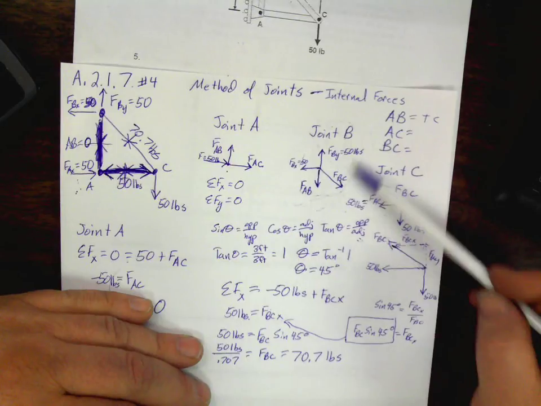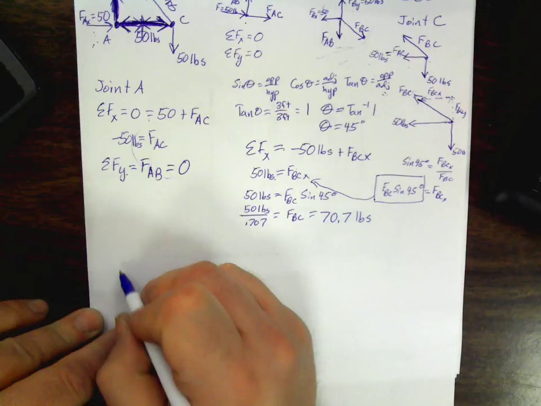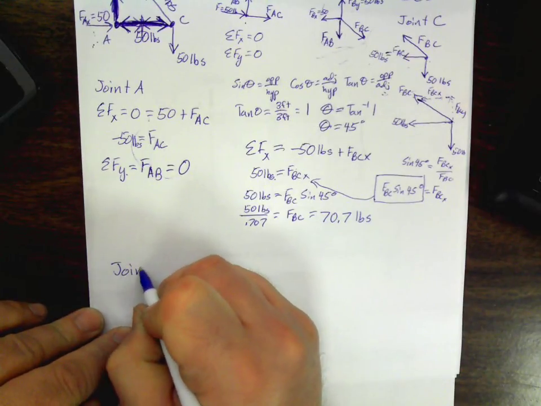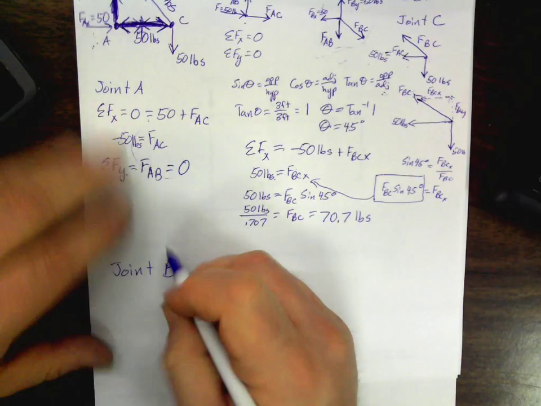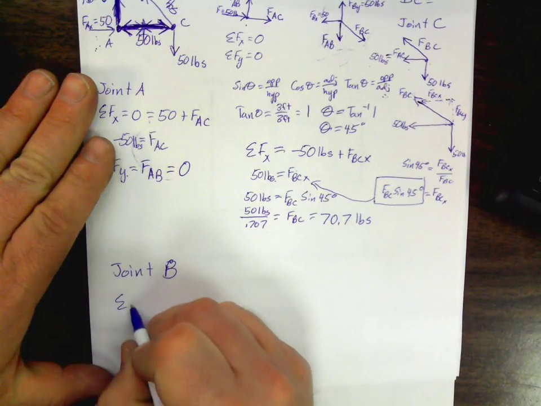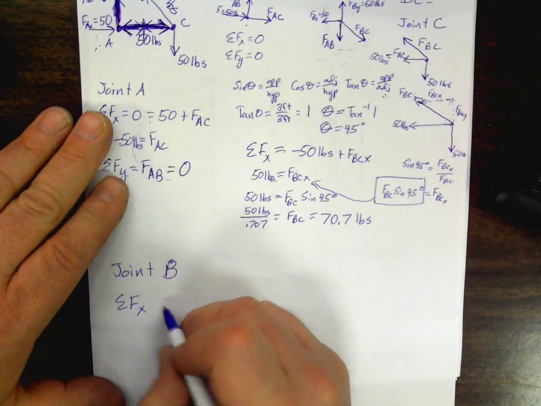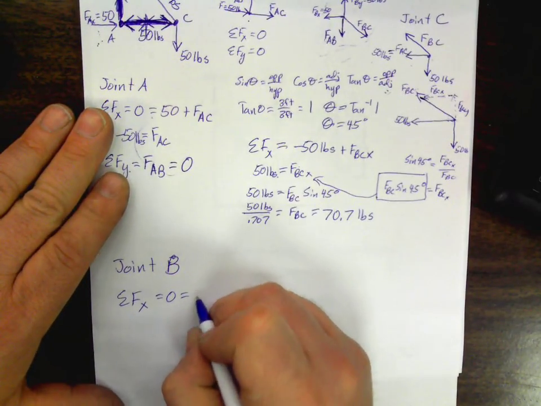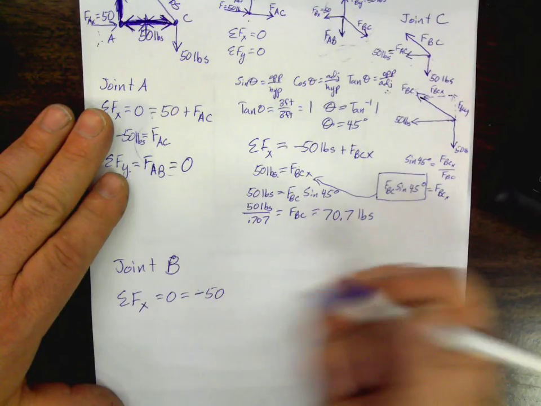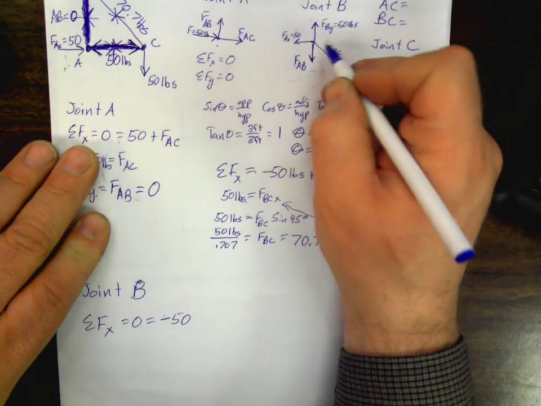Okay, again, this is incorrect, because we're not looking for the force of BCY, we're looking for the force of BC. So again, we've got to replace this BCY with some form of the component of BC. And again, we're using trig here to do that. So as we look at this, we've got the cosine of theta, here's our theta angle,